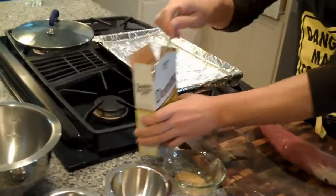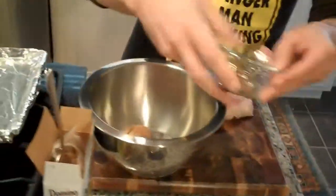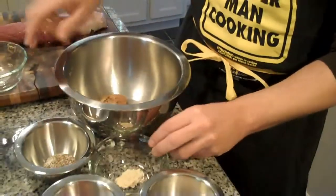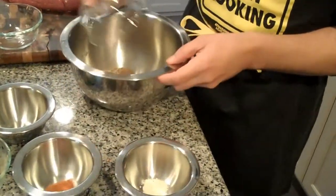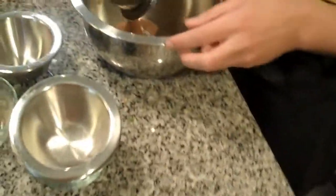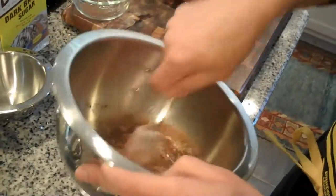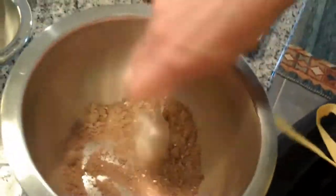Okay. So let's just go ahead and prepare our rub. Every ingredient that I just talked about, just go ahead and mix it in. Okay. And cinnamon. So let's just go ahead and grind that up nicely. Alright, now that we have our rub